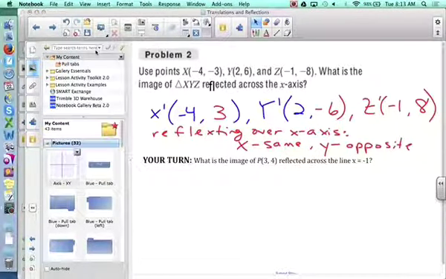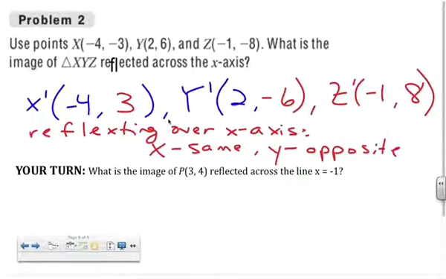Okay, let's go ahead and get started talking about these your turns. In this first your turn, realize that because x equals -1 is a vertical line, visualize it. I'm taking a point and reflecting it over this vertical line. My vertical coordinate is what's staying the same this time. If you want to jot notes to yourself so that you remember what we did, since x equals